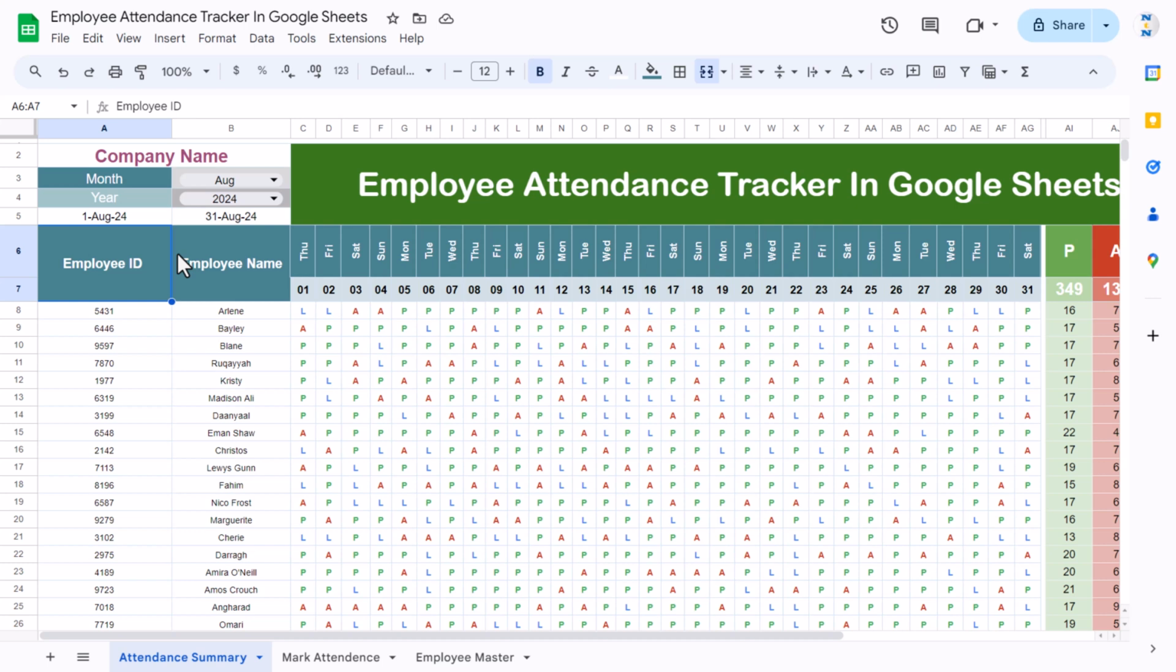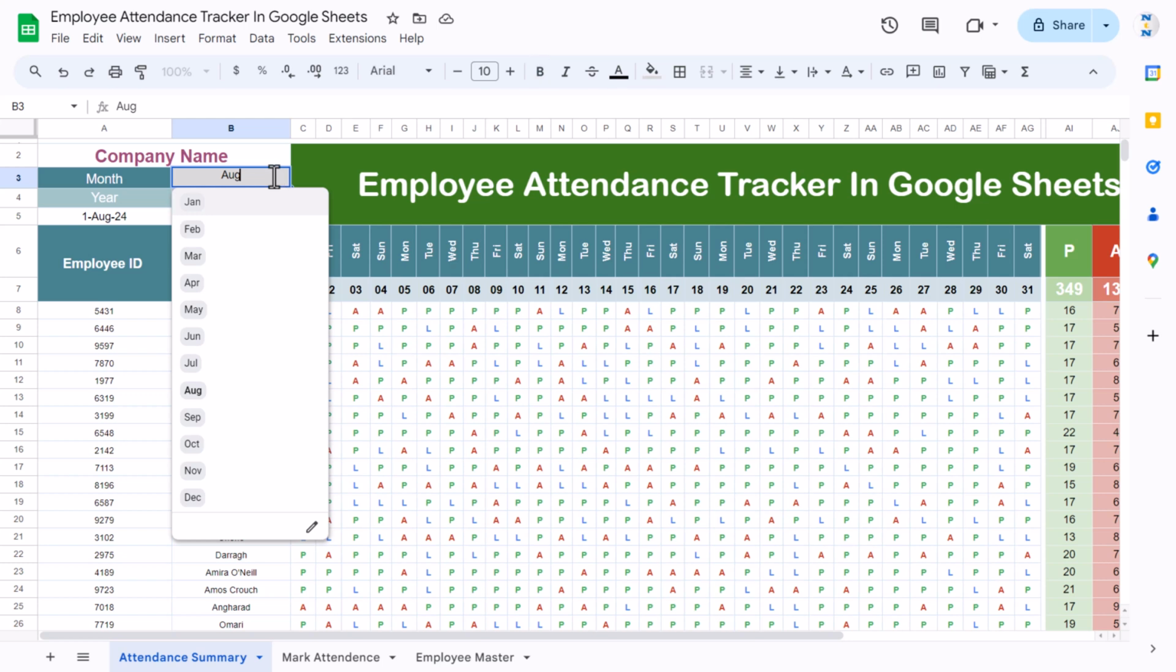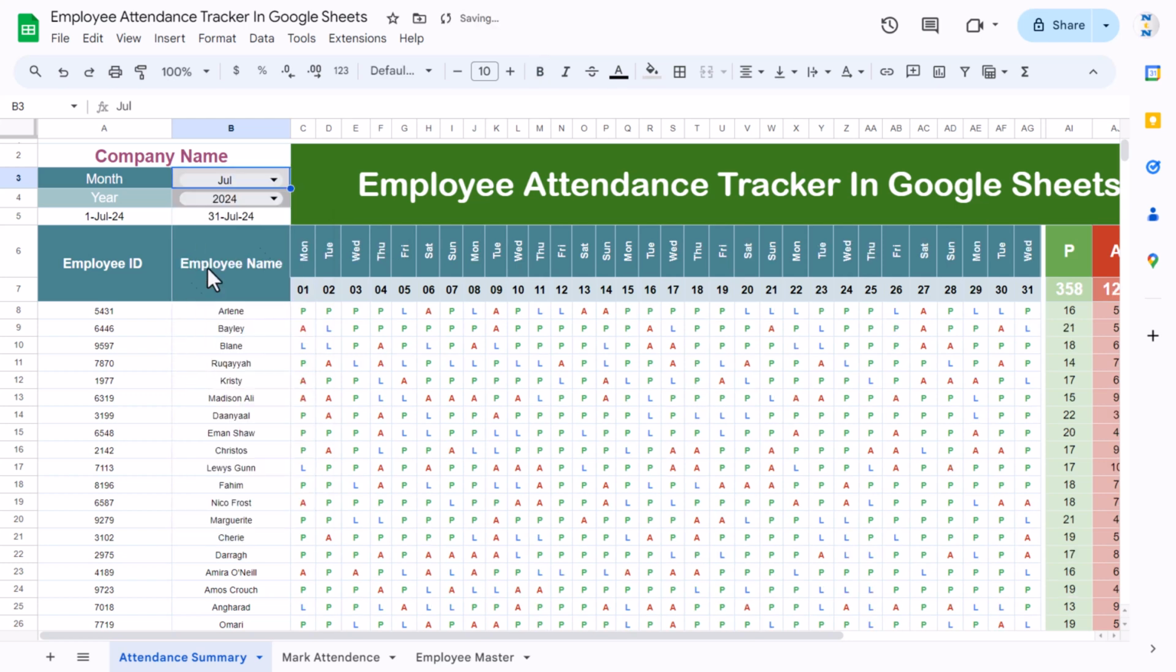In this video, you will learn how to create an employee attendance tracker in Google Sheets. This is an automated employee attendance tracker. The first sheet is the attendance summary and this is an automated sheet. You can simply select the month from this drop down and the whole attendance will be changed, every number and